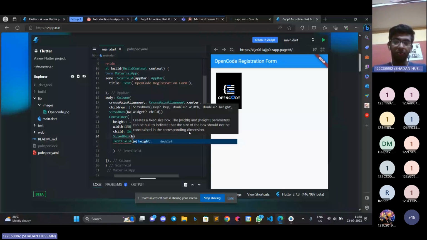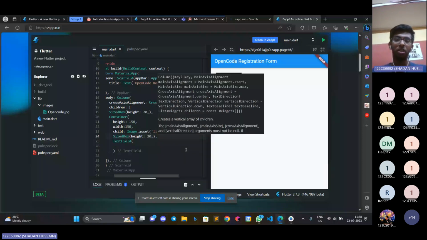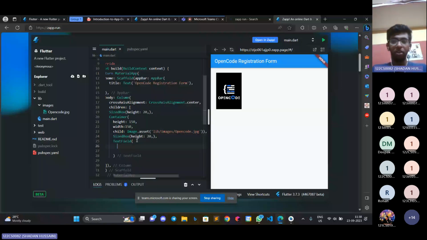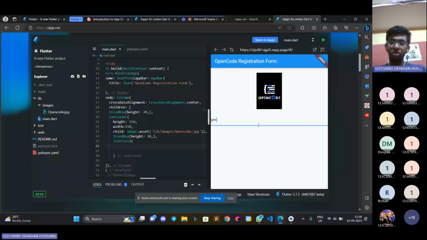डाल दो 20 पिक्सल, हाइट 20 पिक्सल, मतलब एक बॉक्स है जिसका कोई विड्थ नहीं है, बस हाइट है। हाइट 20 पिक्सल है, विथ इंफिनिटी टाइप है, मतलब पूरा स्क्रीन का साइज है। तो ऊपर के जितने भी विजेट्स है, नीचे के जितने भी विजेट्स है, उसको 20 पिक्सल से सेपरेट कर दिया अभी। अब टेक्स्ट फील्ड है, देखो अब टेक्स्ट फील्ड कैसा आएगा। देखो ऐसा है अभी, इसमें कुछ भी लिख सकते हो, लेकिन बहुत गंदा दिख रहा है अभी।